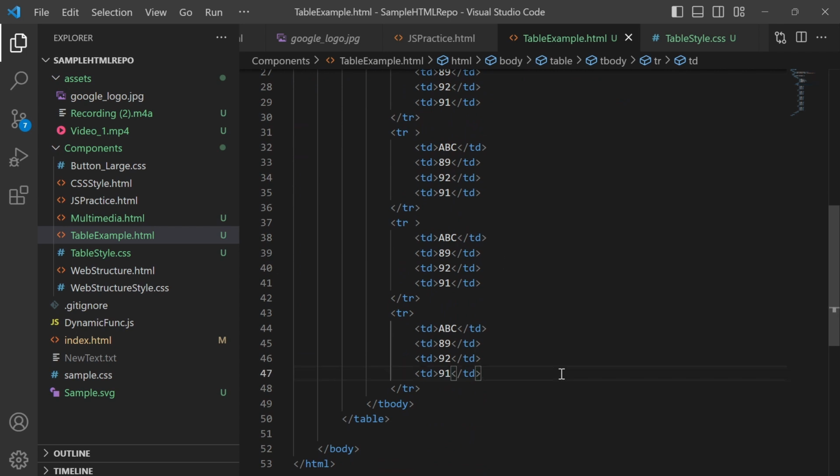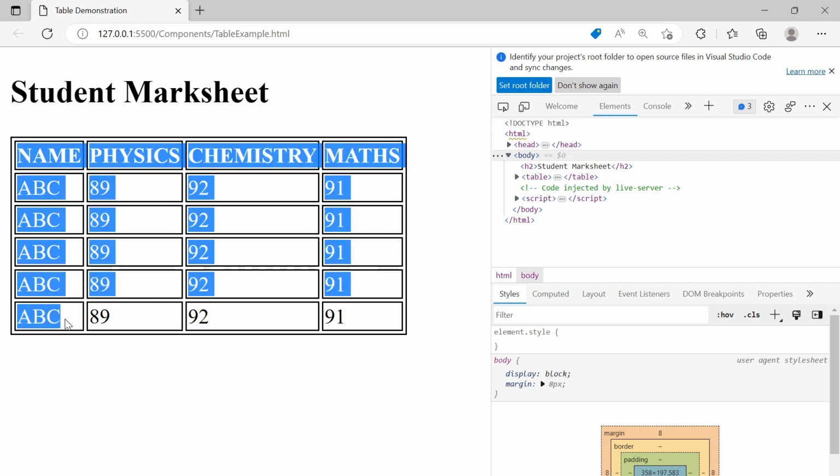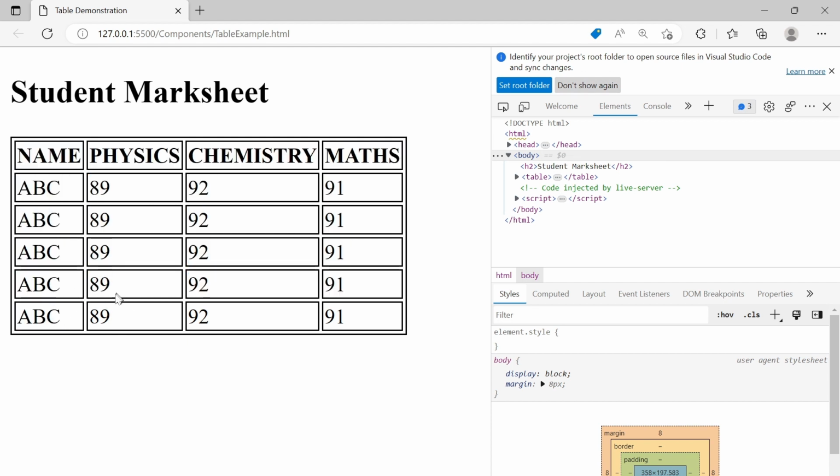Now next we will see that sometimes we need to club two cells. Consider this data, 89 and 89, for the student ABC. I will change the second to DEF. So both students got the same marks, 89.